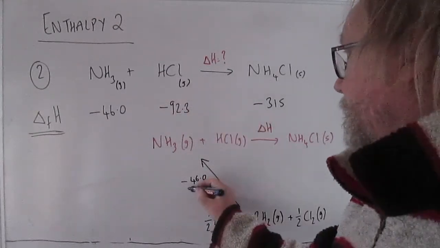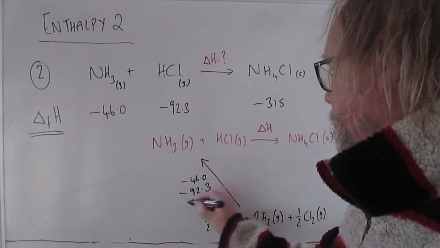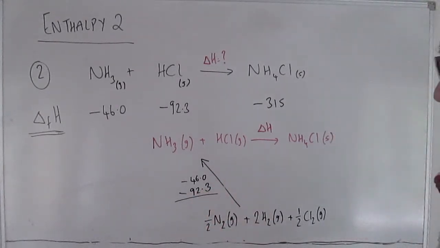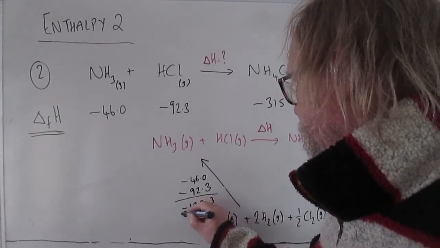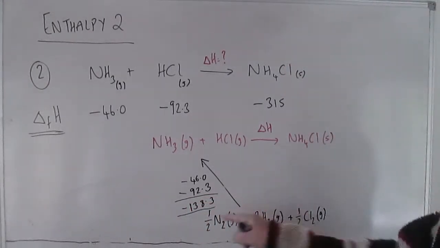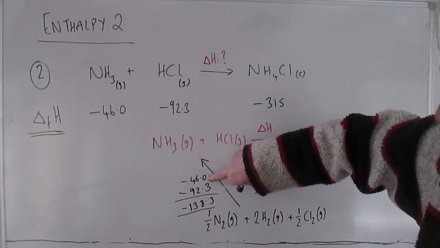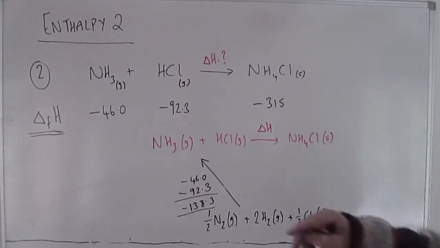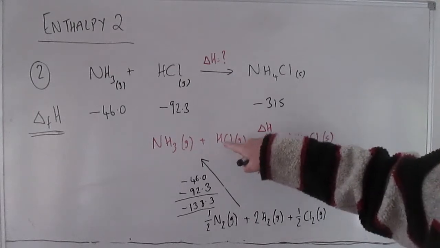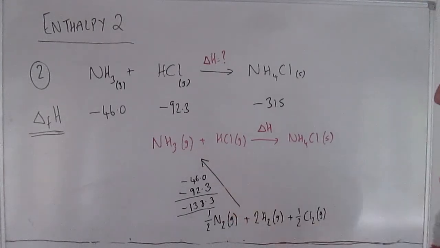And we're making a mole of HCl, that's minus 92.3. And if we add that up together, we get minus 138.3. Okay, so if we take those elements and we combine them together to make a mole of ammonia, that's the enthalpy change. Minus 46 means that much energy, remember, is given out. It's an exothermic reaction. And to make a mole of HCl is minus 92.3. So if we're going to make both of them, the total change for going up there is minus 138.3.